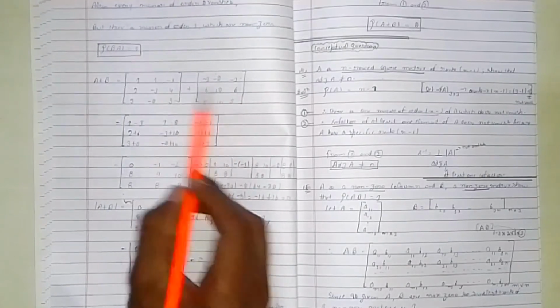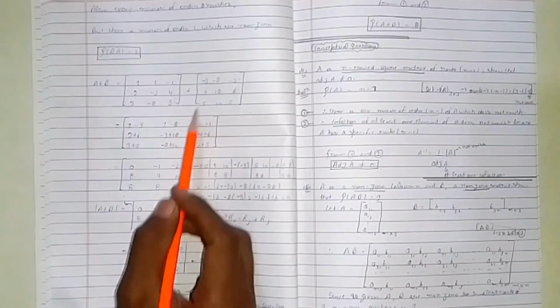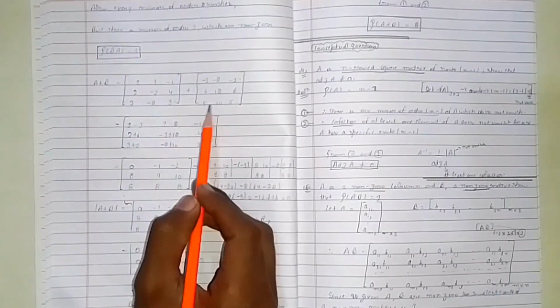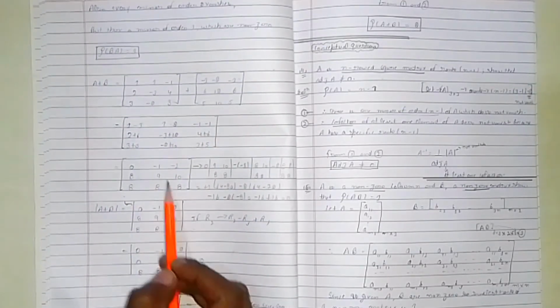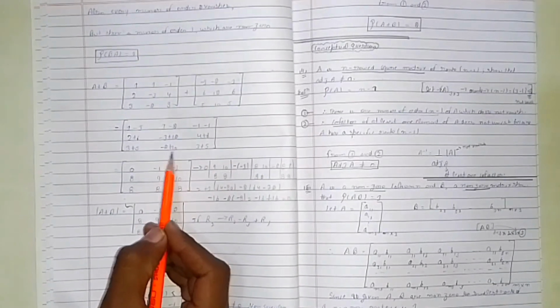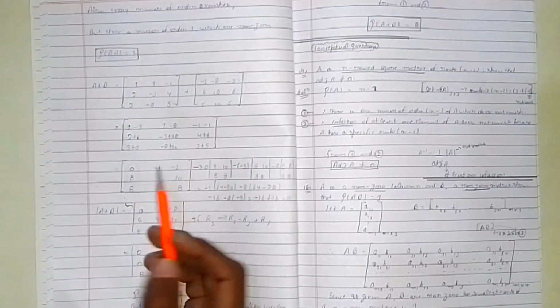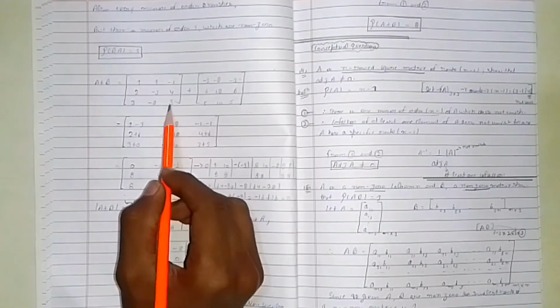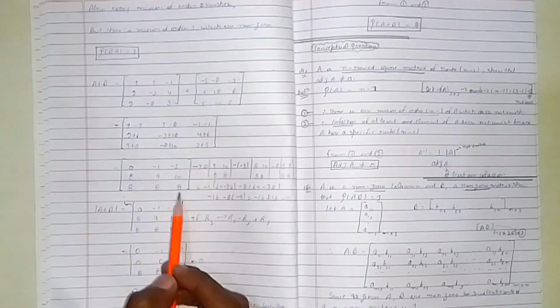4, 6. 4 plus 6, that is 10. 3 plus 5, that is 8. Minus 2 plus 10, that is 8. Why is it a plus sign? Because the smaller number contains the negative sign, which does not affect your matrices or number, which comes out to be 3 or 5. 3 plus 5, that is 8.